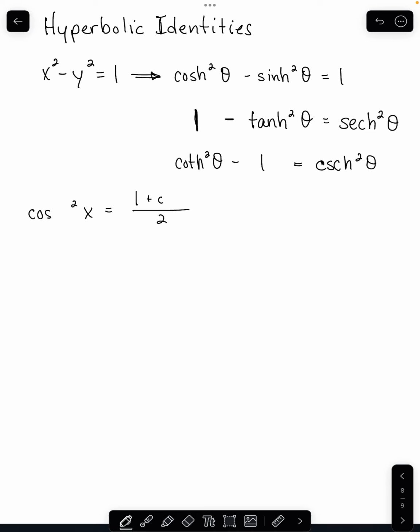The square of hyperbolic cosine of x is equal to 1 plus the hyperbolic cosine of 2x over 2. Now, how can we be so certain of that? Believe it or not, it's actually easier to prove this identity for hyperbolic functions than it is for trigonometric functions, because the hyperbolic functions have algebraic forms that we can use. So to prove this identity,